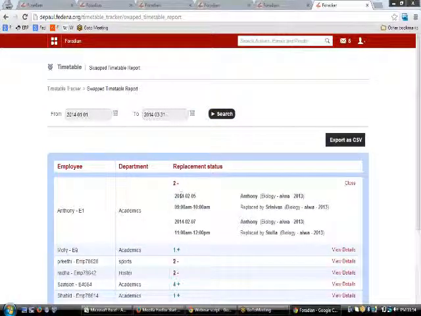As you can see, the details regarding it would be seen here: the date, the time, and the teacher who replaced the particular teacher. You will be able to see the details regarding the same using this timetable tracker button.